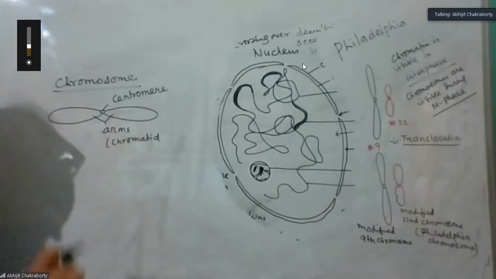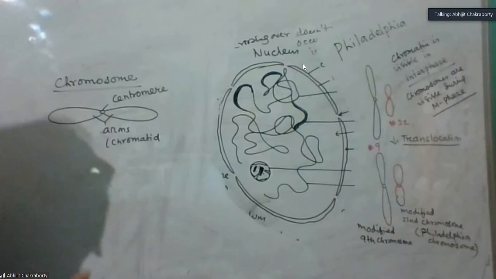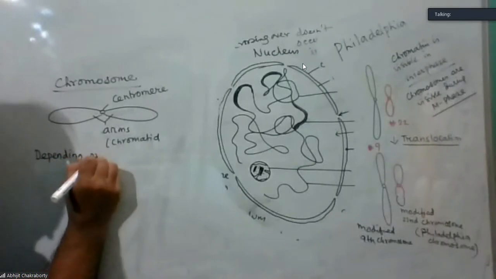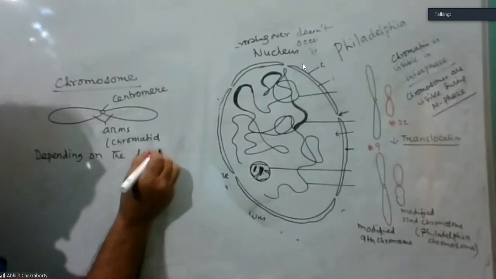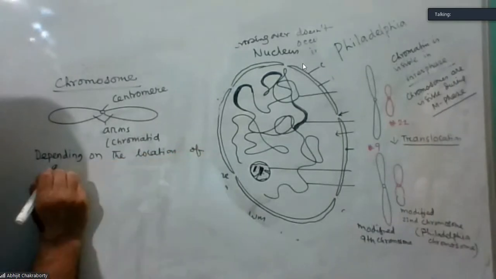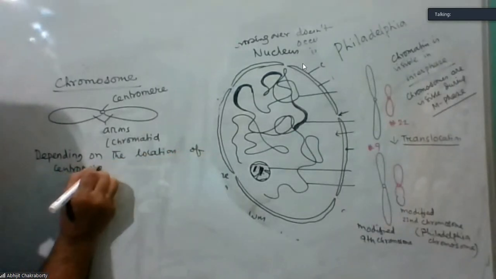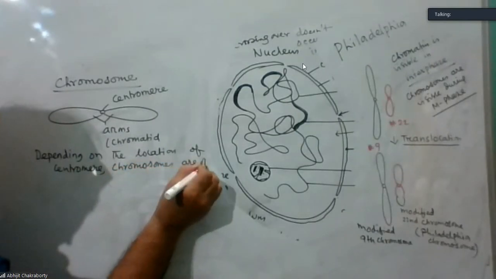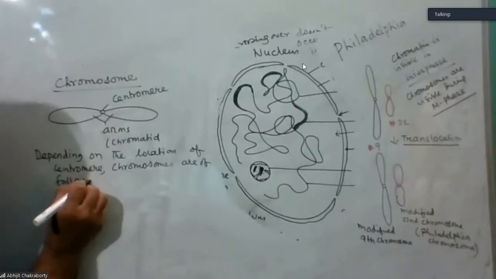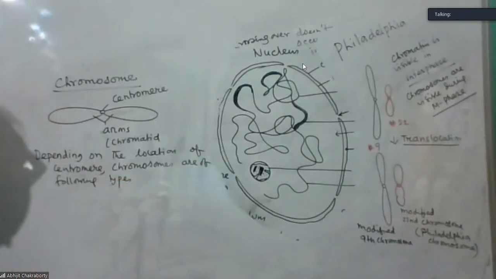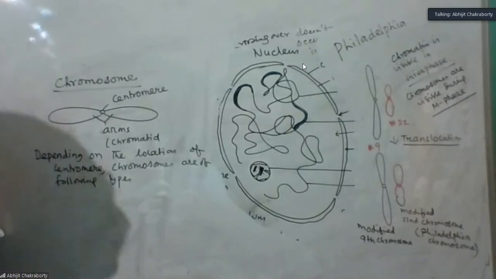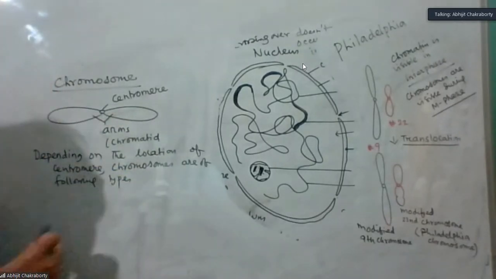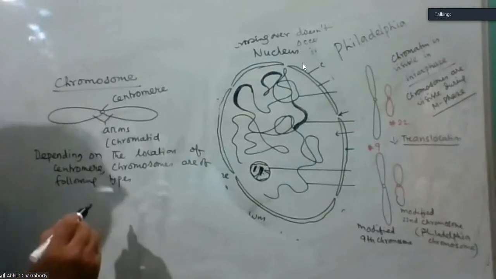Now, depending on the location of the centromere, chromosomes are of the following types. What are they? One,